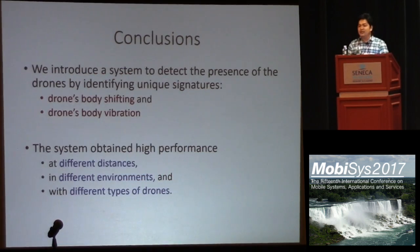For conclusion, we introduced a system to detect the presence of the drone by analyzing 2 physical signatures, the drone body shifting and the drone body vibration. The system obtained high performance at different distances, different environments, and different times. For that, we